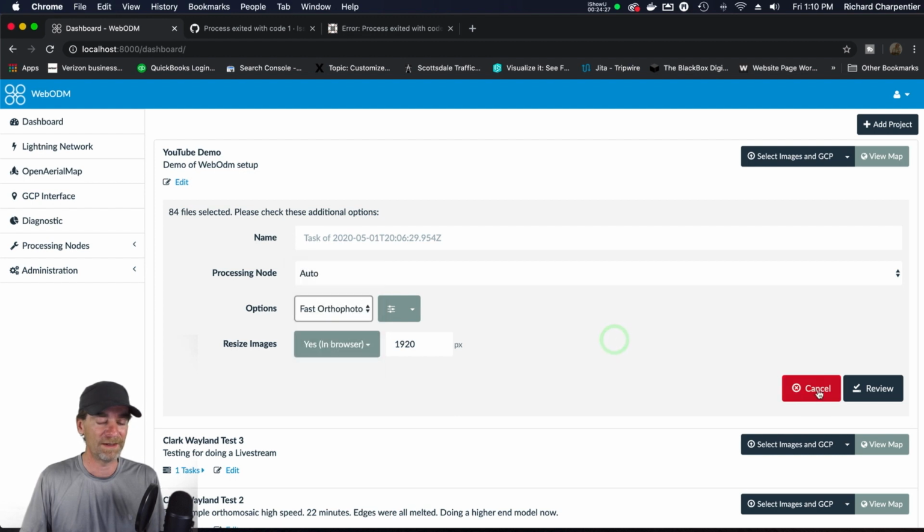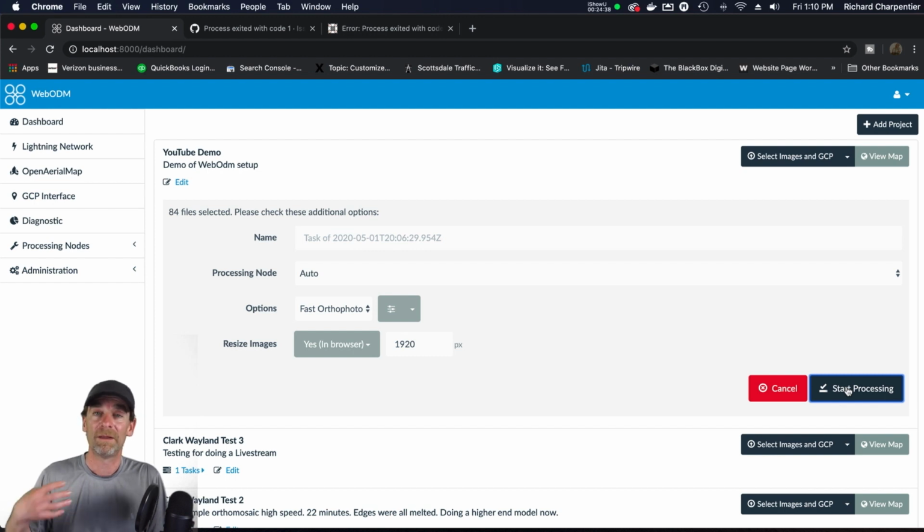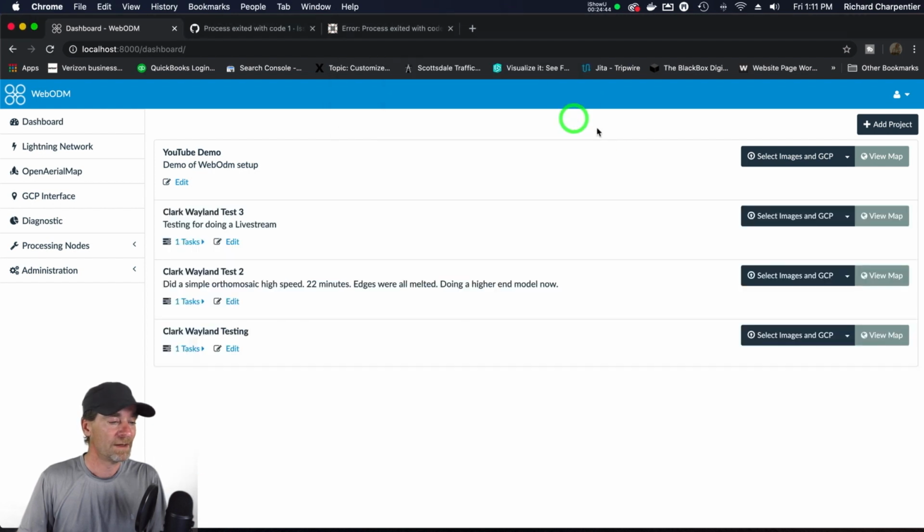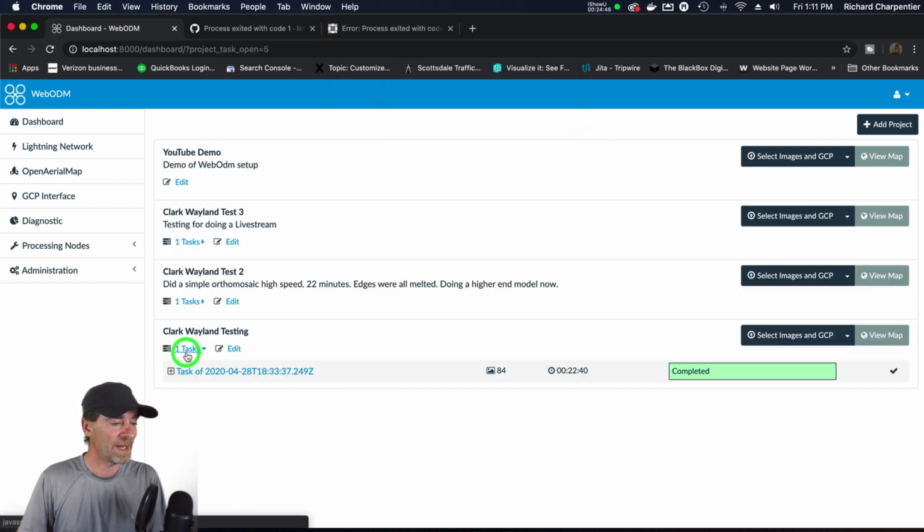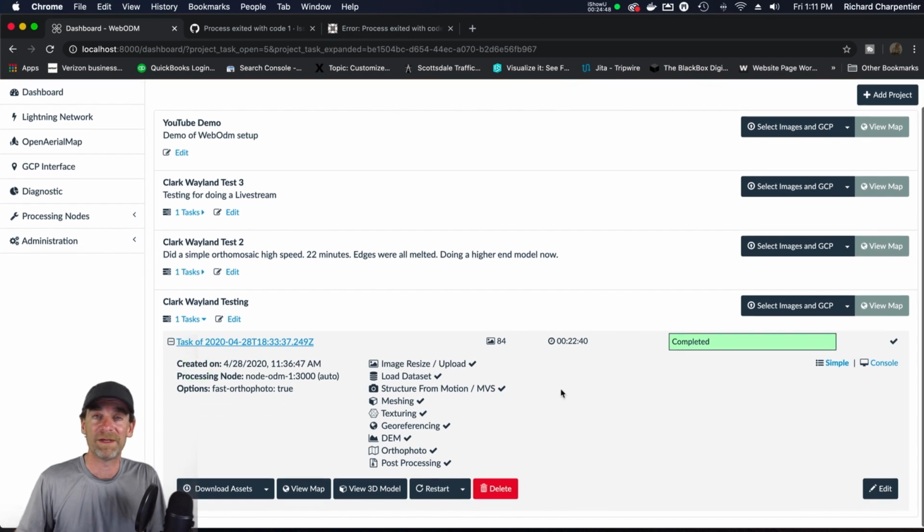I'm going to go ahead and hit cancel on this. If I hit review, so there we go, review, and then I hit start processing, it's going to start pulling all of my images in, aligning my images, and then running through a checklist. I'm going to hit cancel again, and we can go down and look at that bottom one. So the checklist that it goes through,